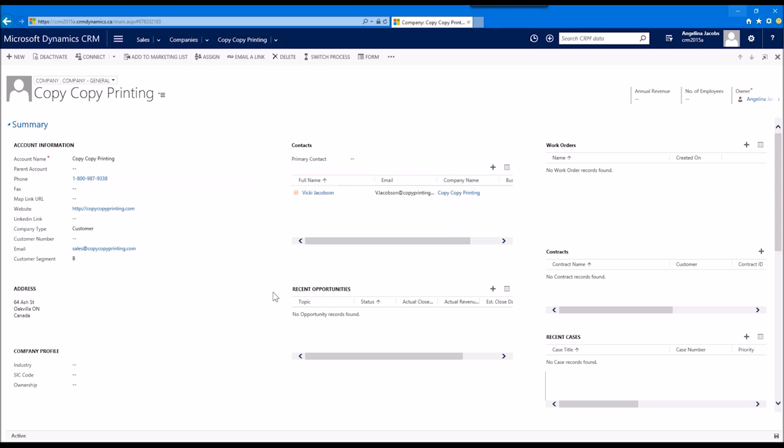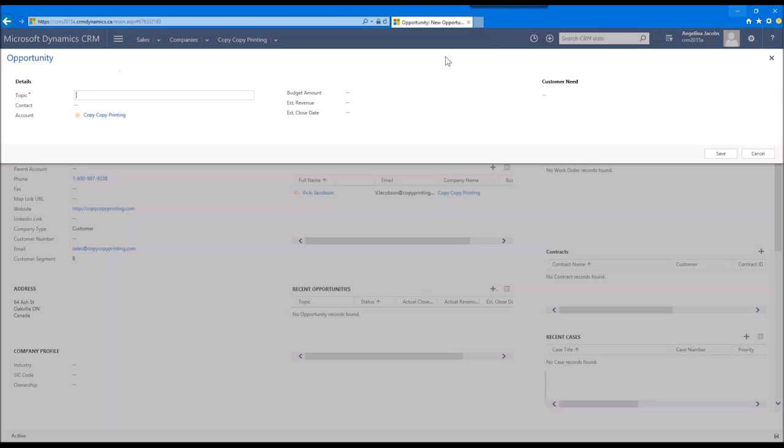But like I said, they have an interest, let's say, in upgrading their service. You'll see here I have an opportunities grid on my form. So instead of starting in the lead entity with a current customer, you should just be creating an opportunity associated with them. And I can do that from here by clicking the plus button. And you'll see in this case, I have a quick create form drop-down. This is something you can enable in the system, and they're just simple forms that, in the case of what I did where I clicked the plus button, will drop down just a few fields that you want to make sure are filled out, and then you can go back to them later. So in this case,